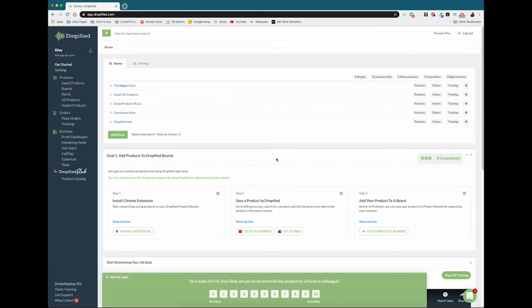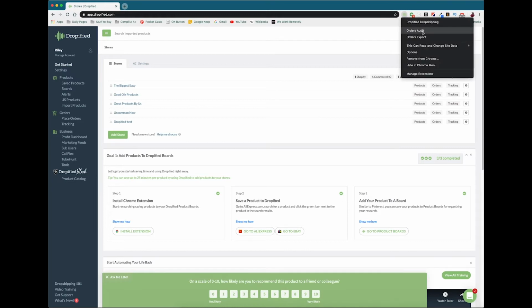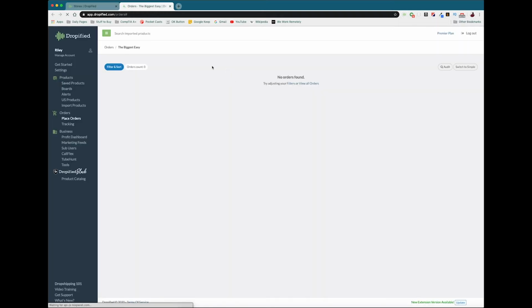But it's really simple. So we've already seen that the Dropified Google Chrome extension is really powerful in different contexts, when you're on different sites, when you're inside of Dropified and Shopify, all kinds of different places. But there's even more you can do when you're just trying to right-click on it. So if you want to access the Orders Audit tool, you can just go up to your Chrome extension and right-click on it. And that's going to bring down a menu which gives you a bunch of different options and what you can do. So I'm going to go to the Orders Audit tool. Click on that. And this is going to open up a brand new screen